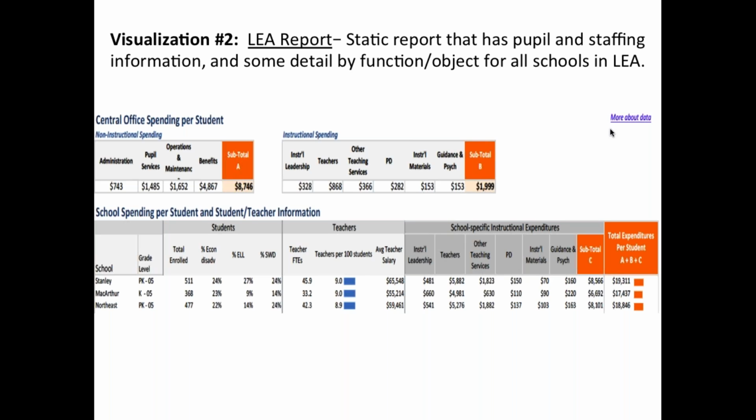How does my school's spending on services compare to that of other schools? We do have some information here. We can say, I know what we're spending on PD, other teaching services, things like that. Again, the limitation is we can't compare that to a school in a completely different district on this report. So I think some of these are going to be yes, but only within districts, right? That's a few of these other ones.